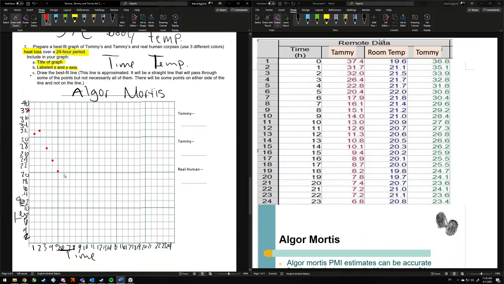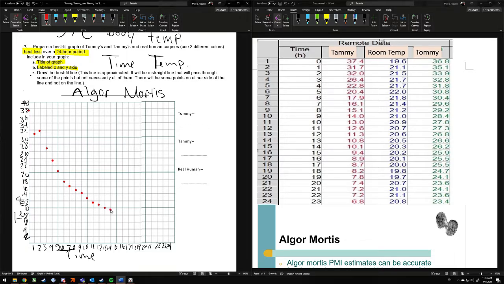And then you have 17.9, which is right here. 16.1, which is right there. 15.1, which is around halfway. 14. Oops, messed that one up. 14. 12.6. 11.3. I'm going to put that right there. 10.8. 10.1,